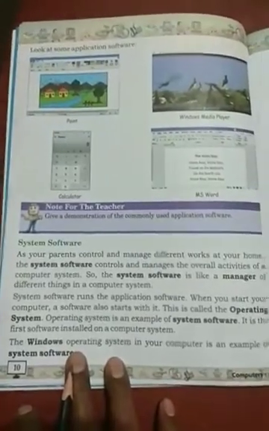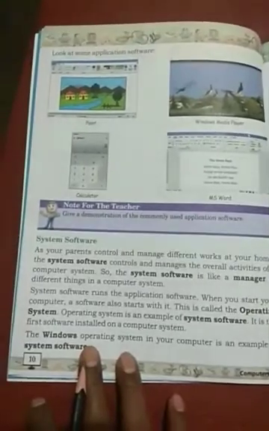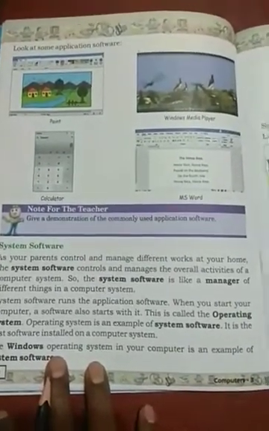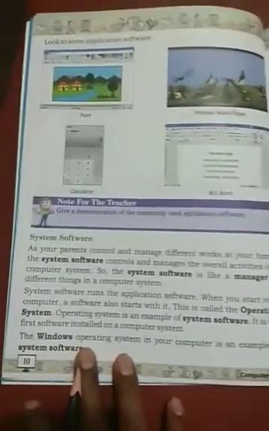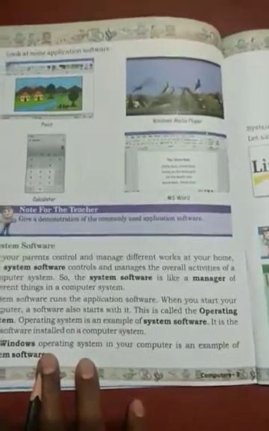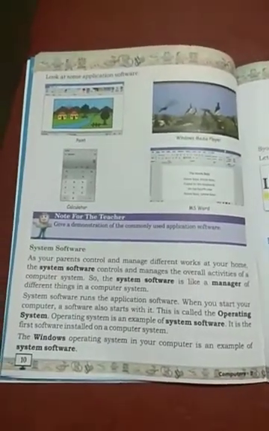System software runs the application software. It starts your computer, as the computer also starts with it. It is called the operating system. Operating system is an example of system software. It is the first software installed on the computer system.